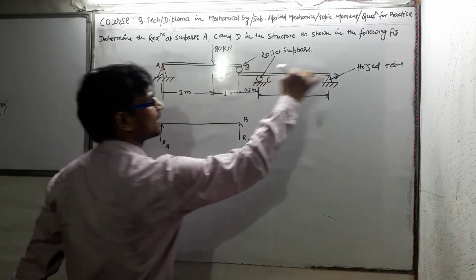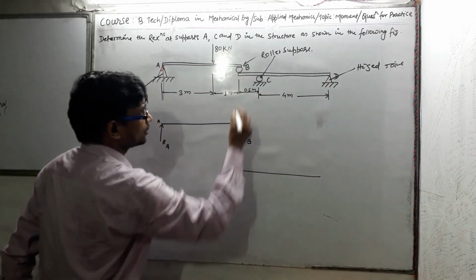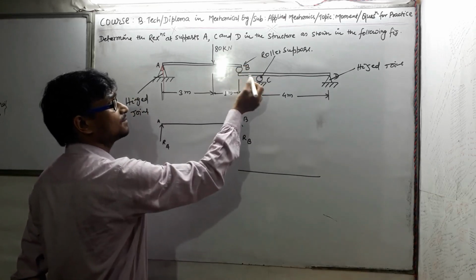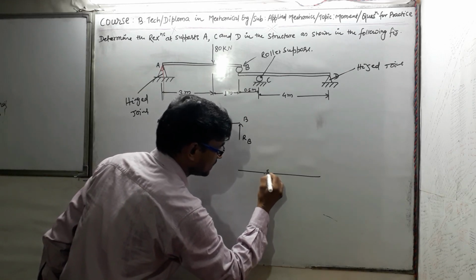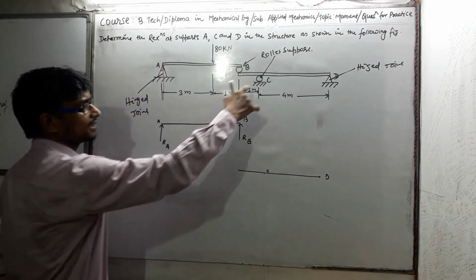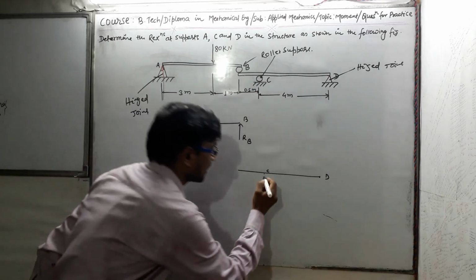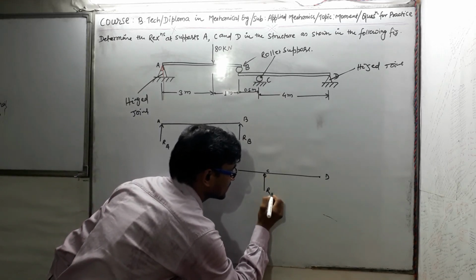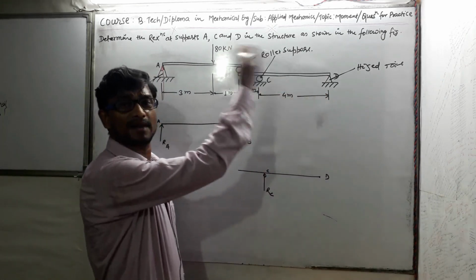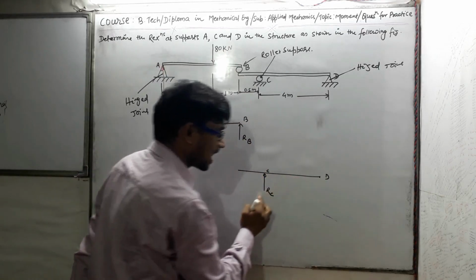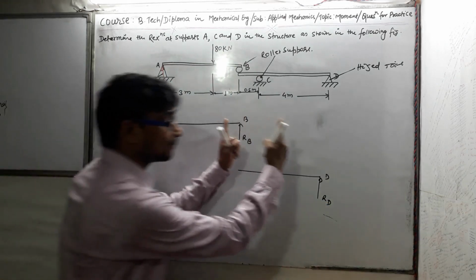Simultaneously, if I draw the free body diagram of the lower beam CD, it would look like this. Here is the beam, with the extreme point B for the lower beam. Let's suppose this is point C and this is point D. At point C, a roller support is here, so the reaction force must be applied in the upward direction. I am showing here RC as the reaction force for the lower beam, and at point D a hinge support is there, so the reaction force RD is also acting in the upward direction so as to lift the body upward.